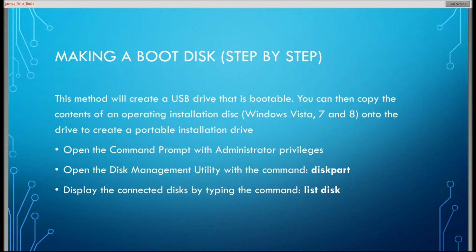So what you do first is acquire yourself a suitable flash drive, and make sure that it's of sufficient size. A 4 gig is perfectly suitable for that, but you can get the larger ones. I have an 8 gig here, which I use. They're pretty inexpensive. You begin by opening a command prompt with administrative privileges,